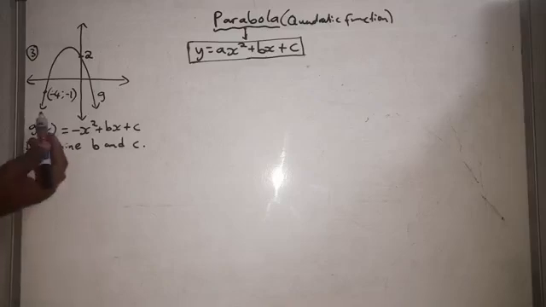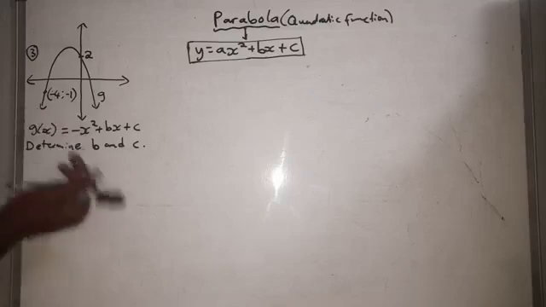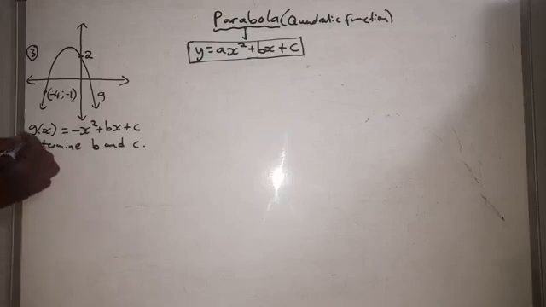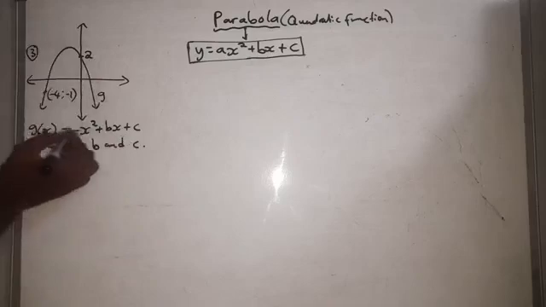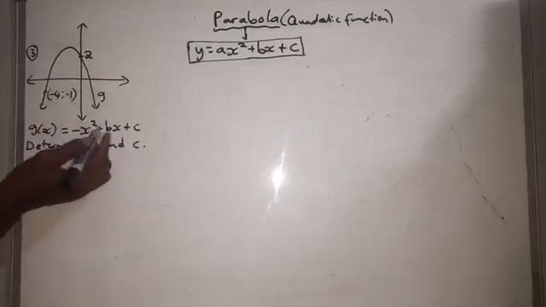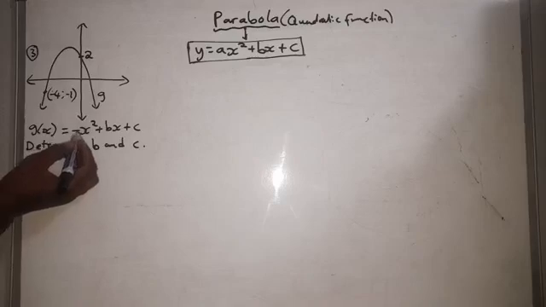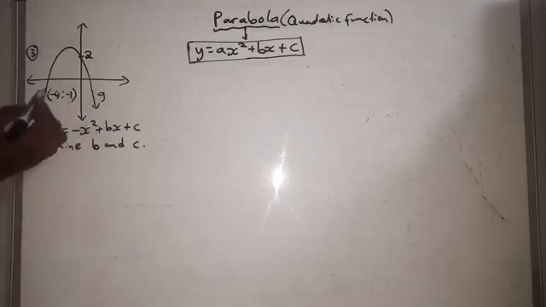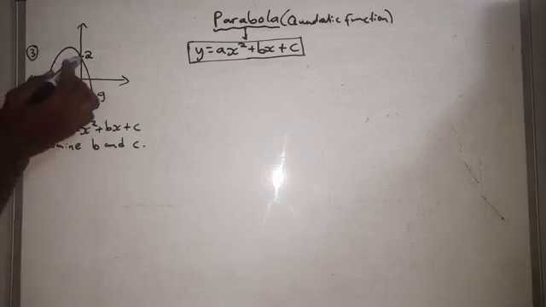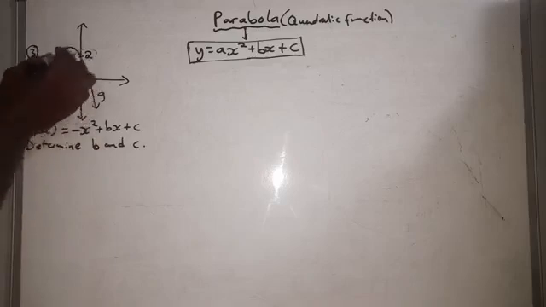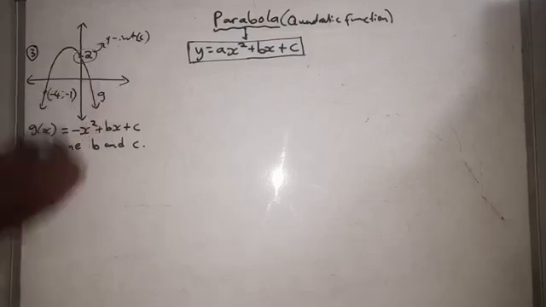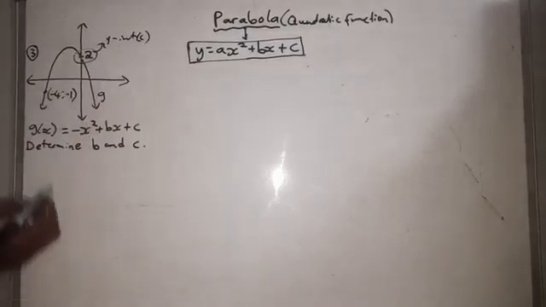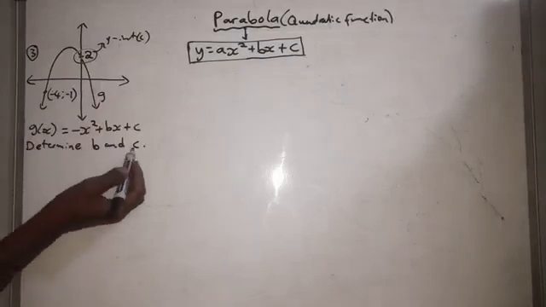So here, we're given two things: some information in the graph, and some information in the equation. In the equation, we're given the value of A. You can see that it's -1. And in the graph, we're given a point and some other point which is special. This is the y-intercept over here, which covers C. Anyways, you are asked to determine the value of B and C.